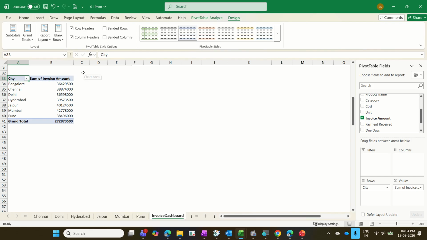Now what I want to do is this: Bangalore, Chennai, Hyderabad belong to the south region. Delhi, Jaipur belong to the north region. Mumbai, Pune belong to the west region. So I want to group it region-wise. Overall, what is my total for the south region, north region, west region? Normally people will create a formula: if Bangalore, south region; if Chennai, south region. Instead,